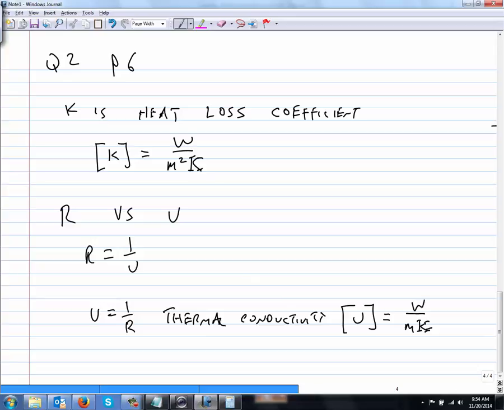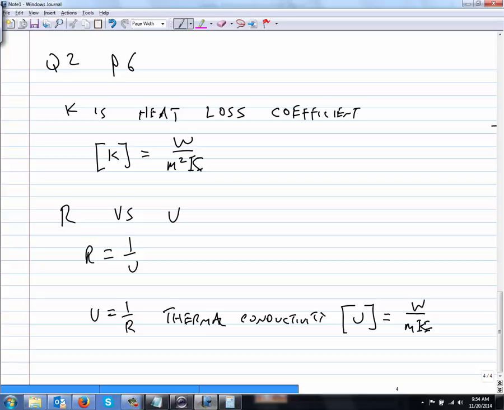Now, which of these is an intrinsic property and which is an extrinsic property is the question. So what we want to go back to is our electrical analogy. Which one of these is resistance and which one is resistivity? Resistivity is the U, right? It'll be resistance. It's a little bit backwards, but